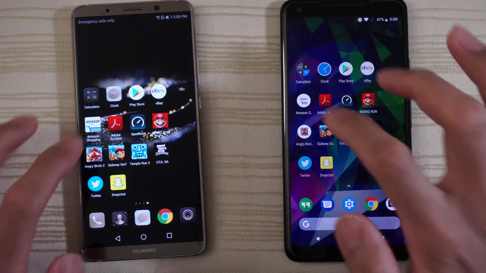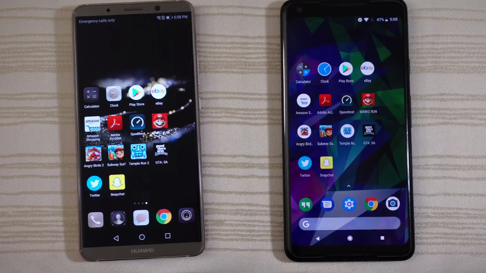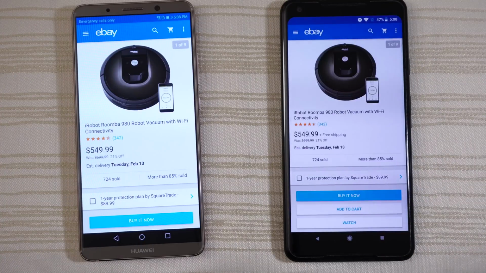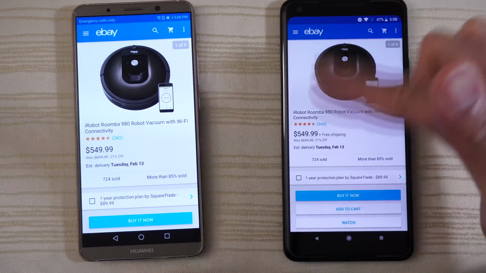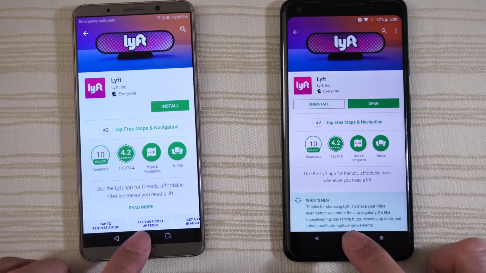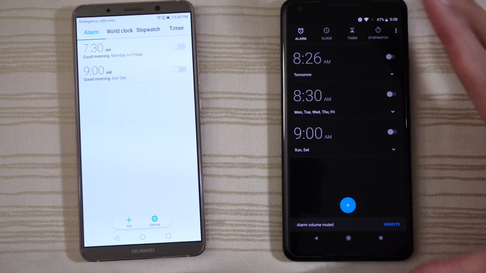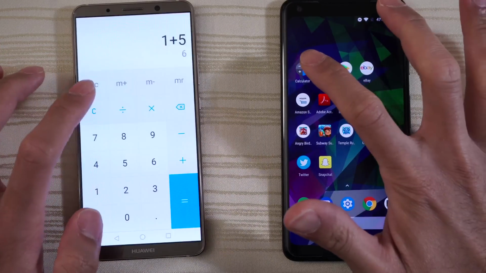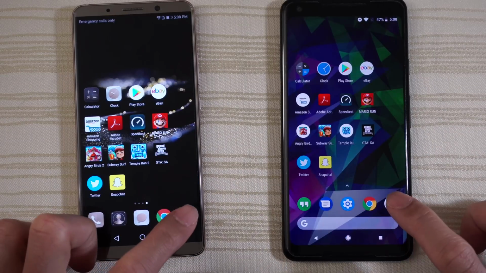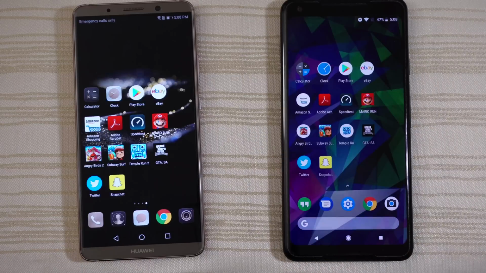Okay. Amazon shopping. Okay, both still in RAM right on this item. The eBay app on both. And still in RAM on both, but Pixel 2 XL had to reload the page. Play Store. Both on the Lyft app, ready to go. The clock on both. And I think that was a refresh on the Pixel 2. And here's the calculator, still in RAM on both. The camera. And ooh, a little bit of a delay on Pixel 2 XL. And the messaging app,